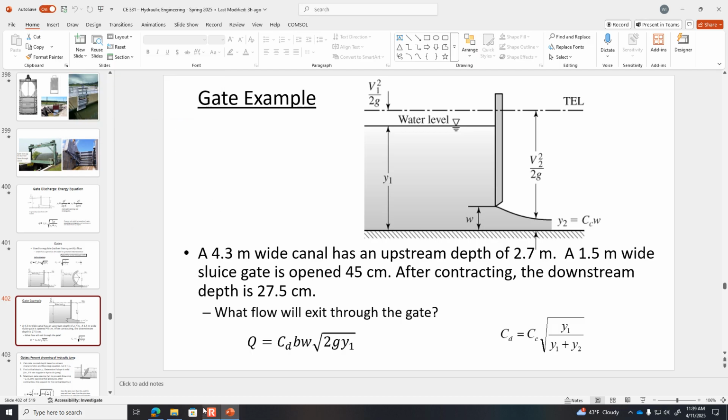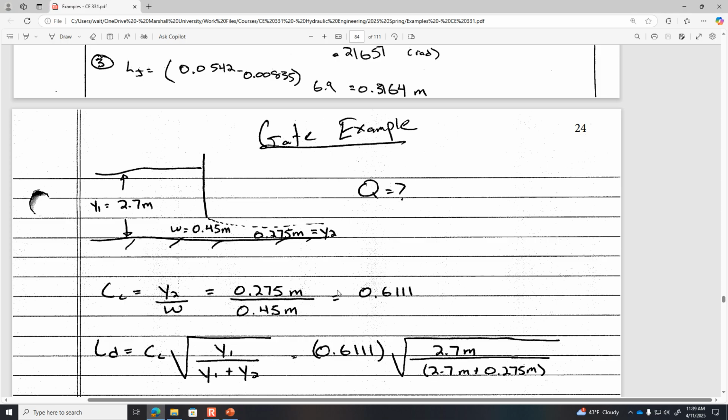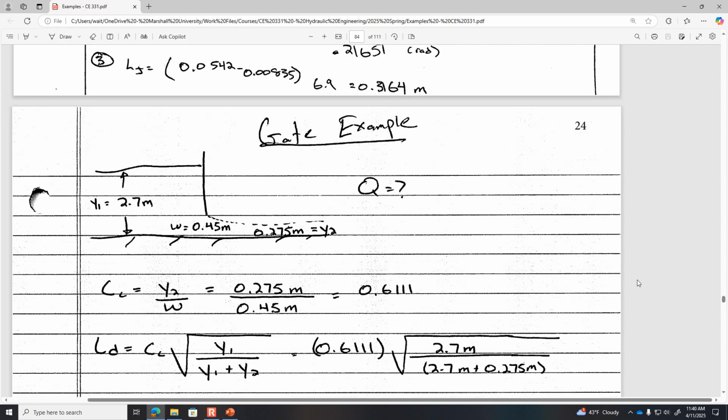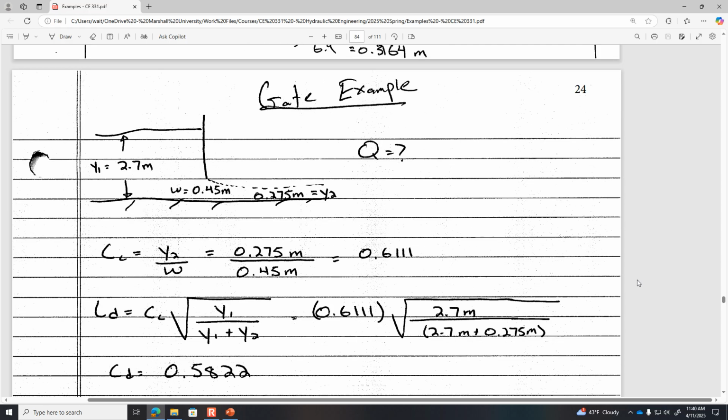Okay, so we've got this gate. We need to calculate the coefficient of contraction because we're going to use that in the discharge coefficient. And the purpose of the discharge coefficient is to account for energy losses as the water goes under the gate. So the coefficient of contraction is 0.6111. Putting that into the discharge coefficient equation, C sub D is